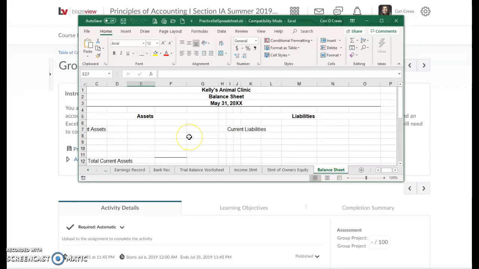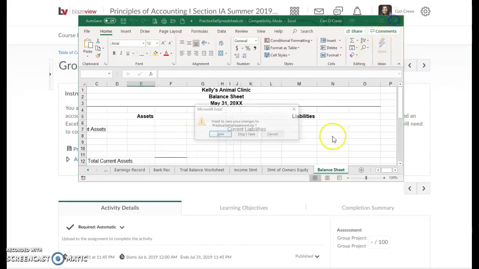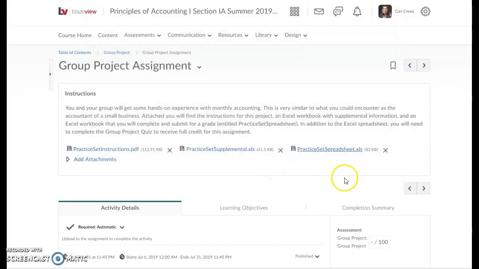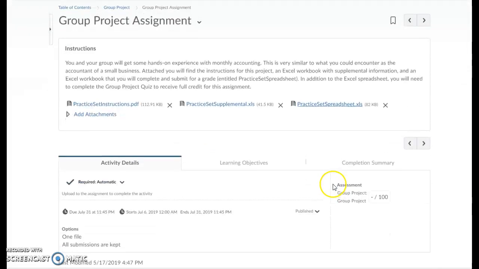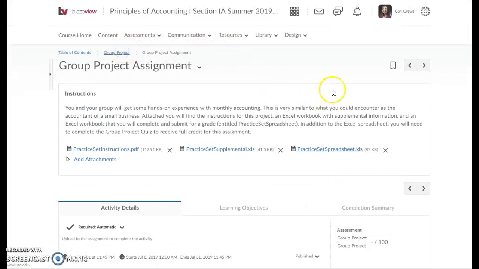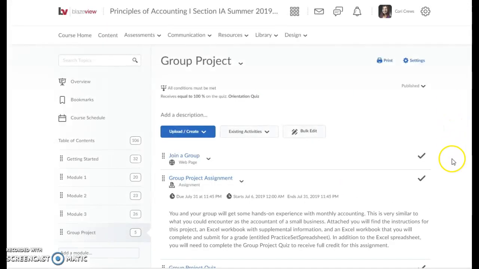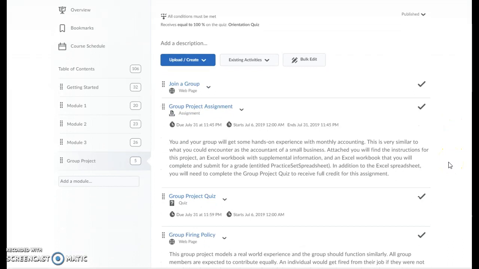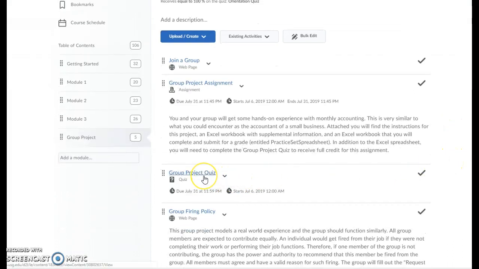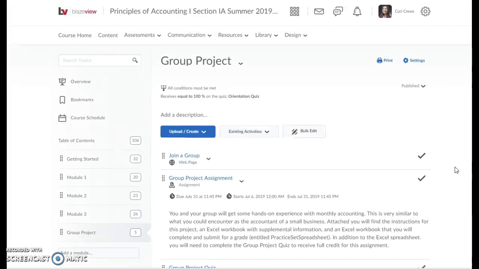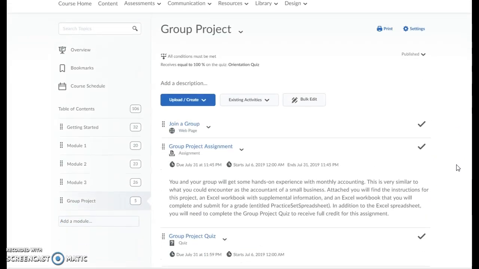So once those things are filled in and complete, you're going to submit that back on this assignment, which on your side will have a place for you to submit a file. We only need one file per group, but each person needs to complete this quiz when you get done with your group assignment. Okay? So that's just a brief to introduce you to the group project,